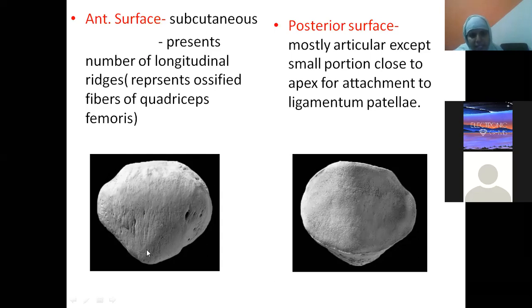This is the base and this is the apex. Now, when you see the posterior aspect, is it looking smooth or rough? Imad? Smooth. Okay. So, which surface is larger? Lateral one or medial one? Lateral. Very good. The lateral one is larger and the medial one is smaller. And this is the line which divides the posterior surface into a large lateral area and a small medial area. The large lateral area articulates with the lateral condyle.